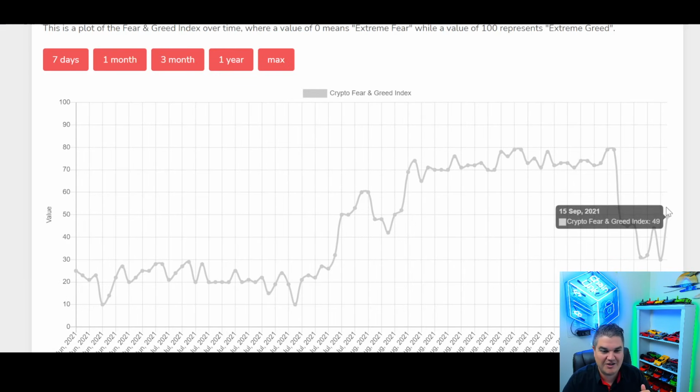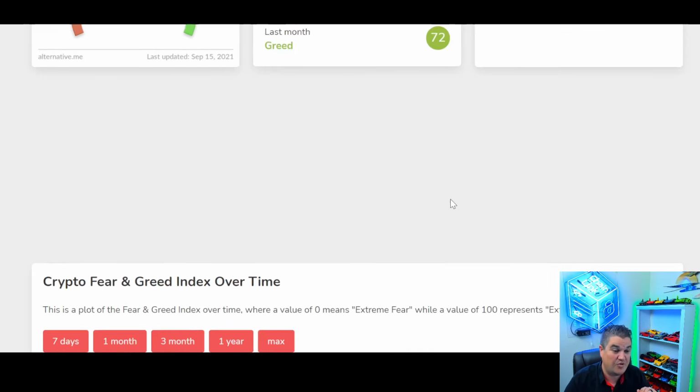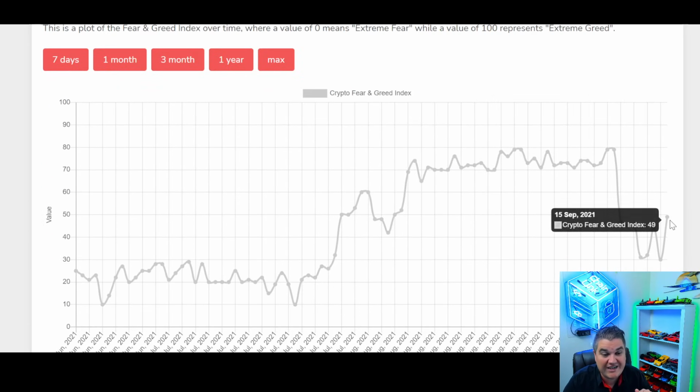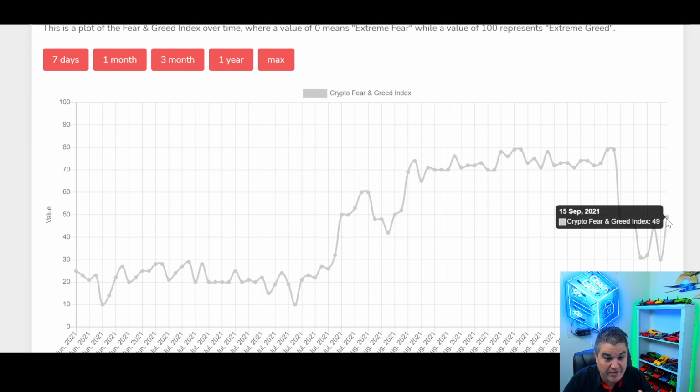All right, crypto fear and greed index. What are we doing? Well, look at where we are. We're at 49. We're back in neutral territory after fear, almost extreme fear yesterday. What does that mean? Well, Bitcoin is fighting the bears like hell. It's really trying to not break the market structure, even though we made a lower low. It didn't look great, but it is fighting,